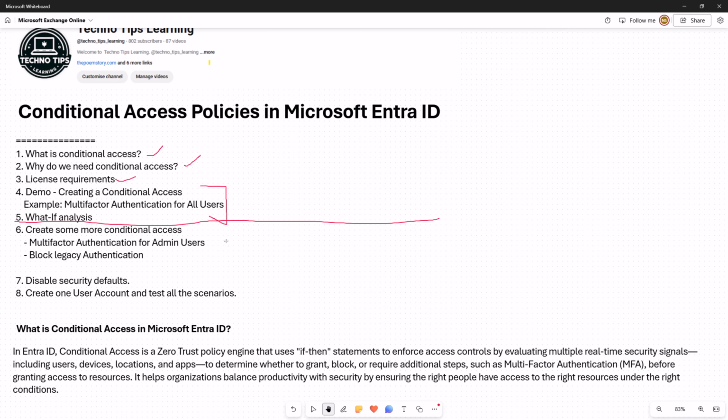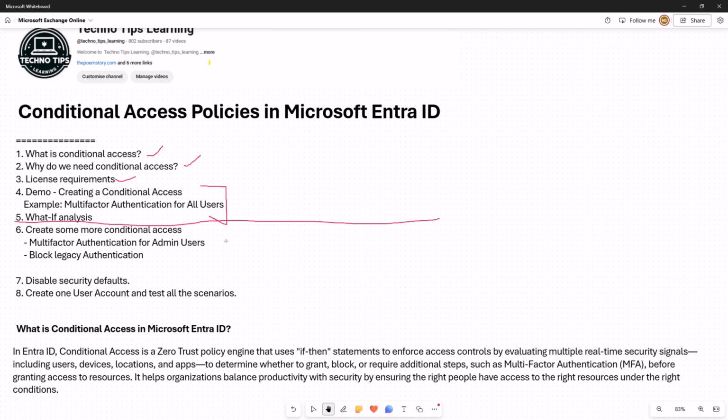If the user is fulfilling certain conditions, then only you allow the access. That is what if-then statements are, to enforce access control by evaluating multiple real-time security signals, including users, devices, location, and app.